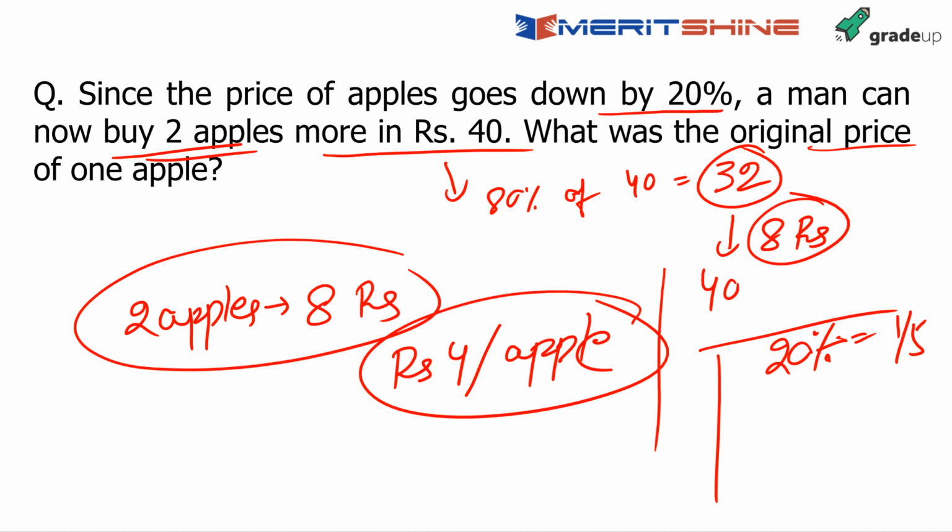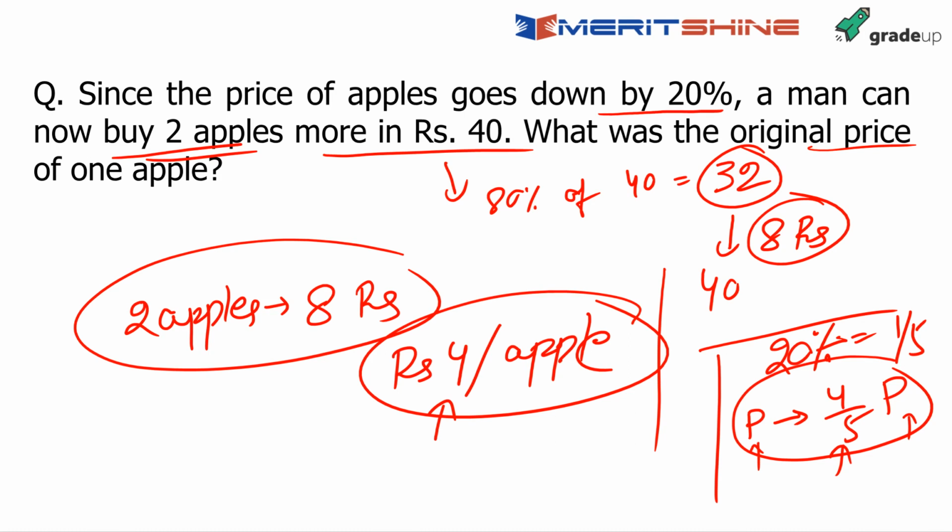So if the initial price was P and now it becomes 20% less, the final price would be 4 by 5P. The thing is that we generally don't write this P and all and work with proportions, which in this case would be 4 by 5. So how would I work on this? The new prices, look, all of you know how to calculate this. I'm just telling you how to do it directly.